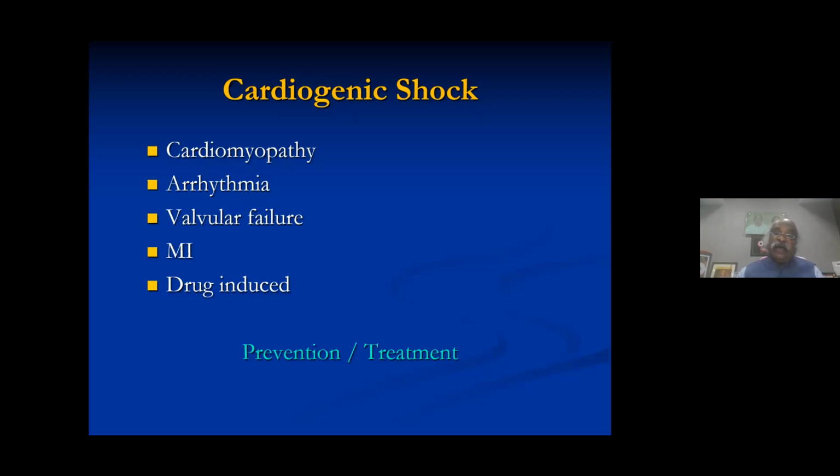Cardiogenic shock, the examples are cardiomyopathy, arrhythmia, valvular failure, MI, and drug-induced. The prevention is very important. In all perioperative conditions in gynecology and obstetrics, we always do a preoperative evaluation and preoperative cardiac status evaluation. Invariably, we do it. But what is the method? Either by clinical methods or at least by ECG. The cases are all good. If you take a clinical history, for the majority of the cases, it is good. But if there is a risk, at-risk cases of a cardiac, a known diabetic, a known chronic hypertensive, or a history of some anginal symptoms, I think a detailed evaluation has to be done.